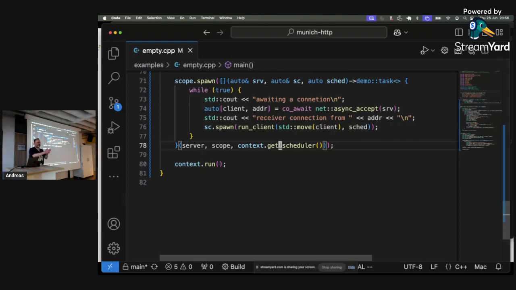It basically completes wherever you need it to go. You normally don't use schedule directly. You typically use an algorithm like continues_on or starts_on. These take a scheduler and a sender, and they arrange for the operation you want to run on the right scheduler or complete on the right scheduler. And all of those things make it actually quite easy to go across different execution contexts without having to code